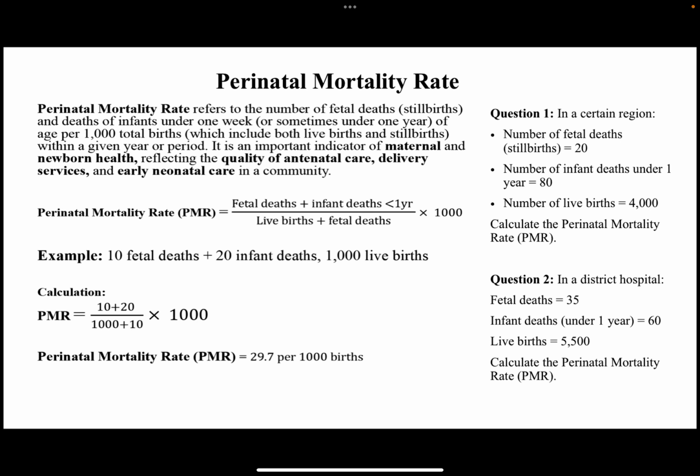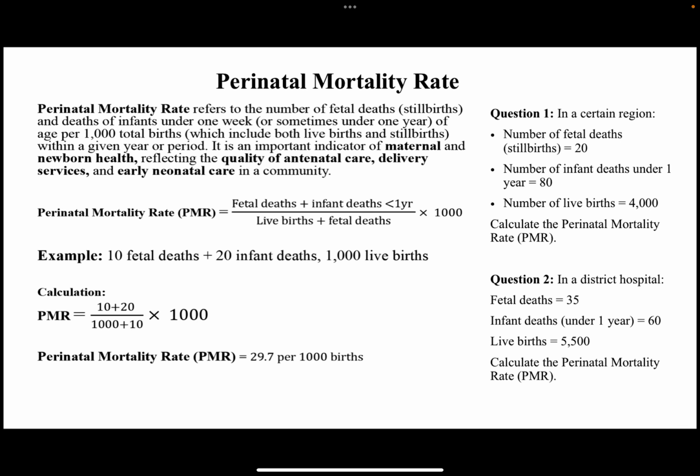Question 1. In a certain region, the number of fetal deaths is 20 and the number of infant deaths under 1 year is 80. The number of live births is 4,000. Calculate the perinatal mortality rate. So the perinatal mortality rate would be equal to, what is the number of fetal deaths? 20. So you are going to have 20 plus, what is the number of infant deaths? The number of infant deaths is 80. So you are going to get 20 plus 80 all over 4,000